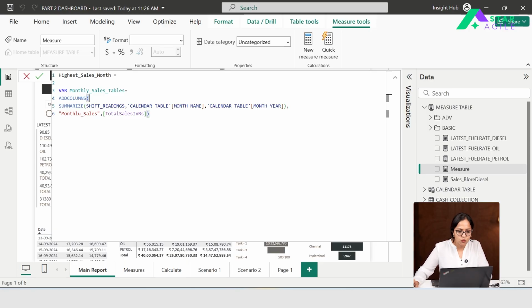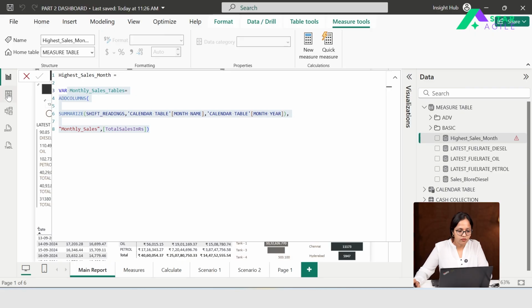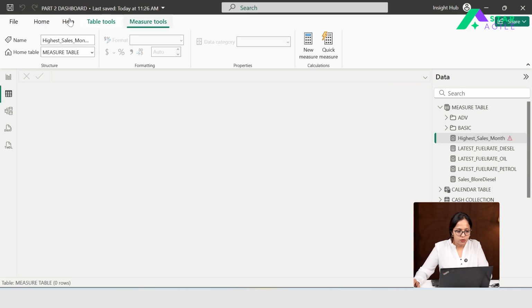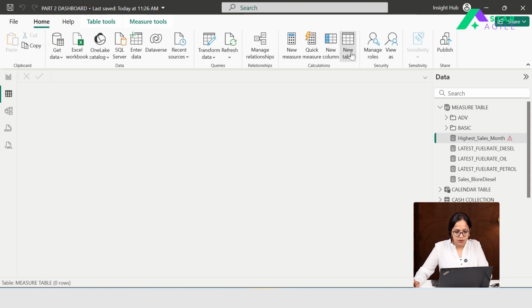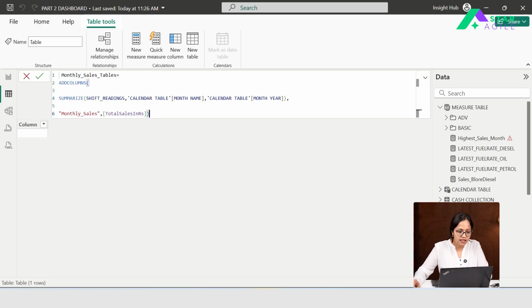So this is a variable. In case you want to check whether this particular column is working fine, what we'll do is copy paste and see how it looks when you put it in a table. So I'm just going to copy this entire thing. And how do we create a table? Go to the table view, and then go to Home, go to New Table. So this is one advantage of variables, guys. You can see the debugging becomes easier. So this is a monthly table, right? So once I click enter,